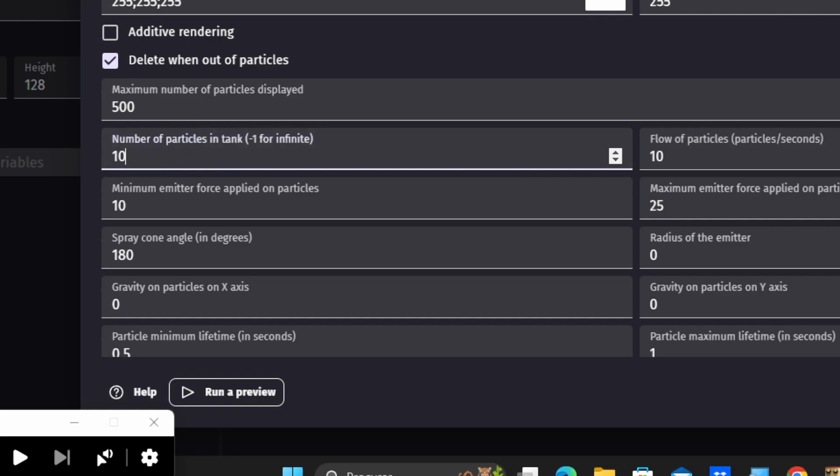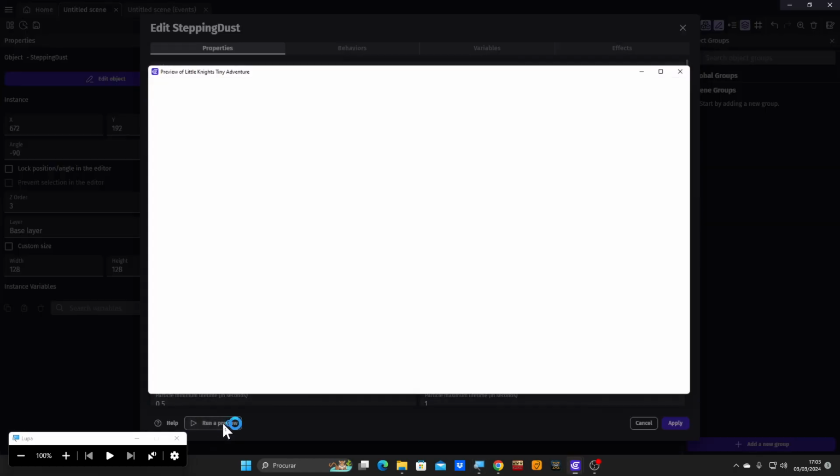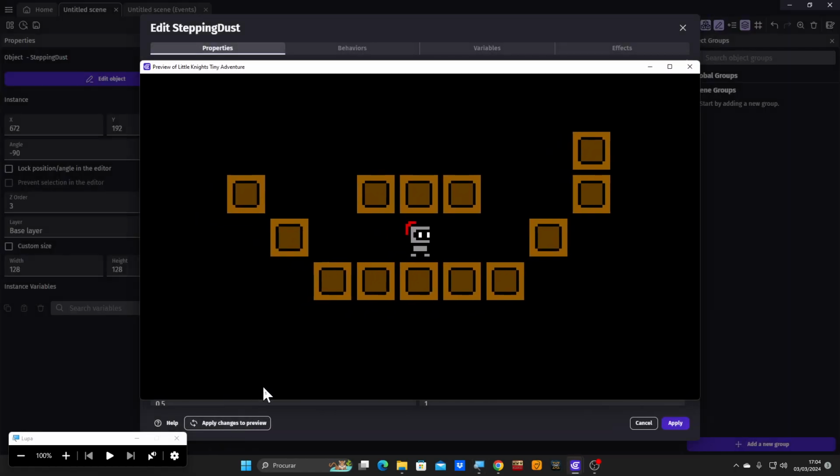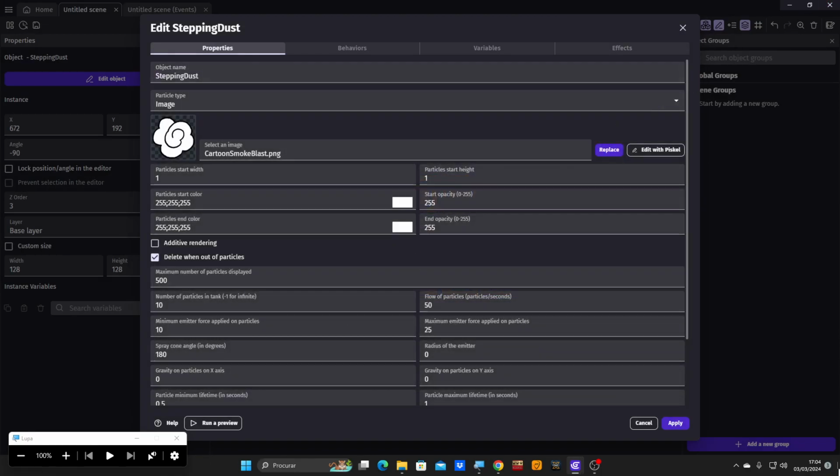We're gonna make this. It has 10. And we're gonna make it like 50, so it's gonna shoot all 10 at once when we use it. And now we can't really see it like this because the moment we load the game, it's just gonna go poof and then disappears. So we're gonna try it anyways, but we're only gonna see it once. And I didn't see it because it poofed, right? So we're gonna go okay, apply,